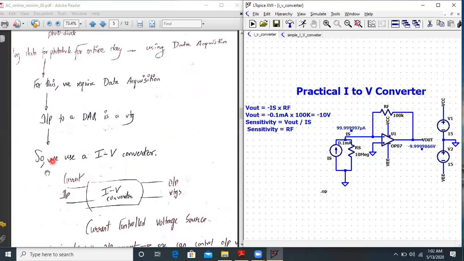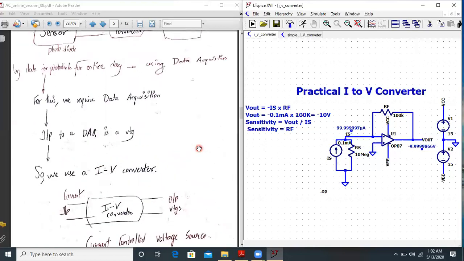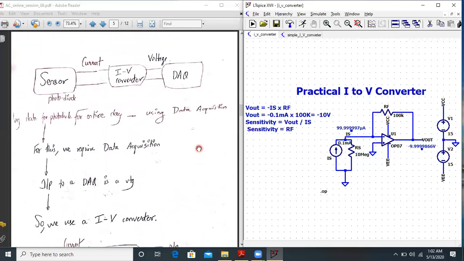So we use an I to V converter, which converts the input current to output voltage. Basically this is also called a current controlled voltage source, because by controlling the input current, we can control the output voltage. That's the motivation for studying the current to voltage converter.